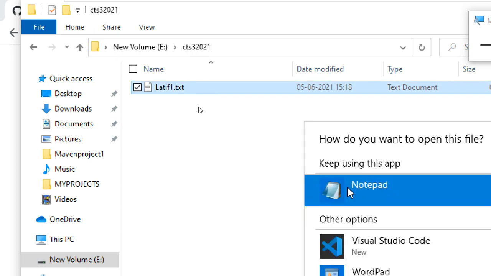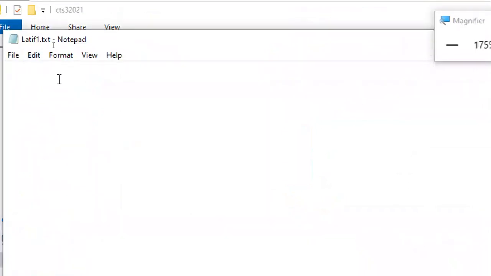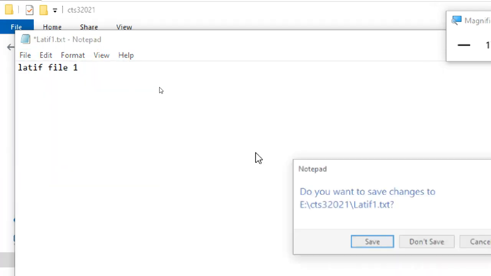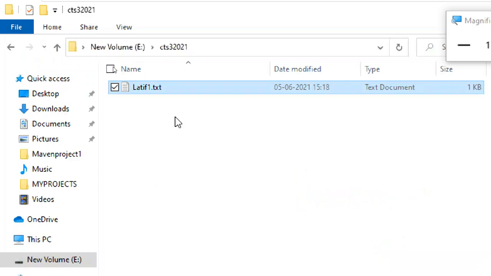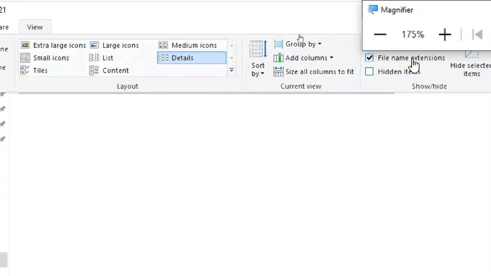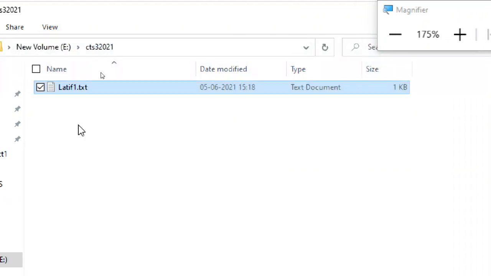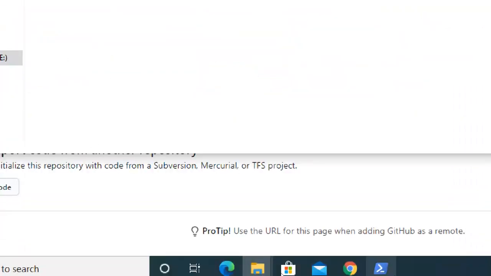And I put something inside the file in Notepad: this is Latif file one. Save and exit. Go to view, select the hidden items option. So I have only one single file.